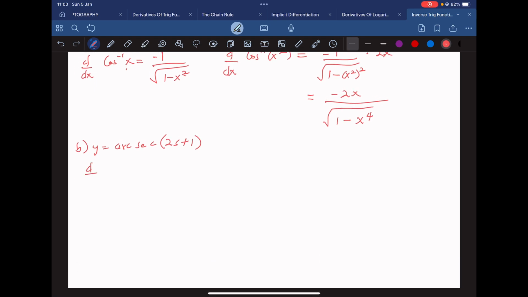But note, if we differentiate arcsin of x, this is just 1 over the absolute value of x squared minus 1. And now, instead of x as our angle, we have 2x plus 1. So all that we have to do is to change x to 2x plus 1. So this is just going to be